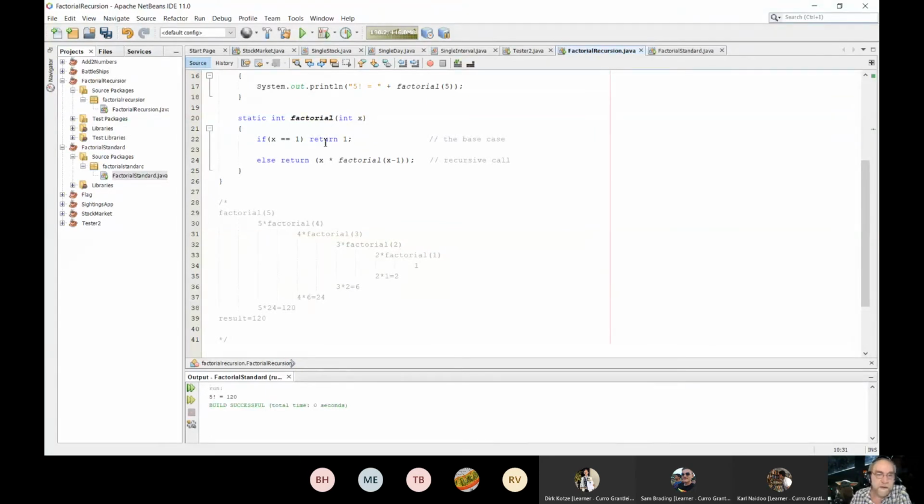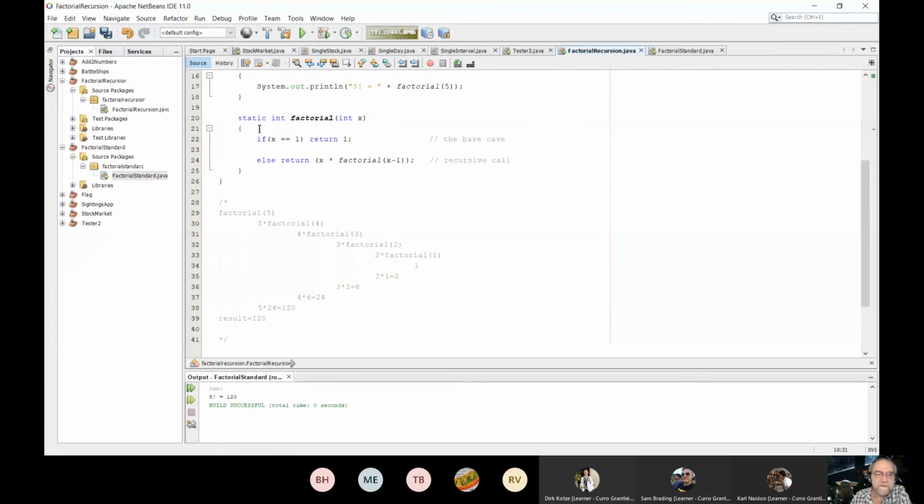Okay, it gets to the end of it, factorial 4. It's unable to resolve that yet. Okay, so it pushes that on the stack. Okay, so we've now thrown another ping pong ball into the tube and it calls itself again. It's unable to resolve factorial 3. So it pushes that onto the stack and creates another version of itself in memory. So it popped another ping pong ball in, and it's going to keep doing that until it reaches the base